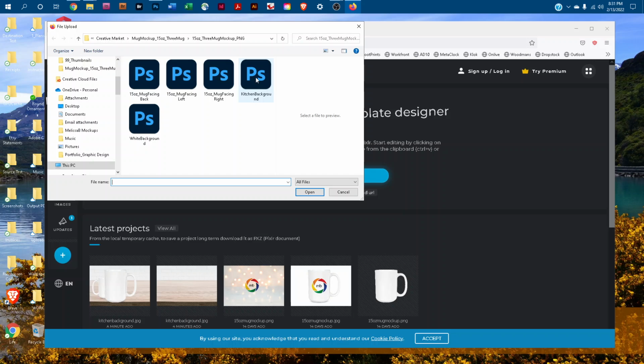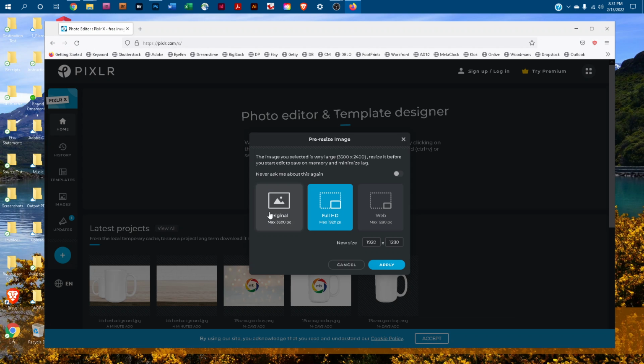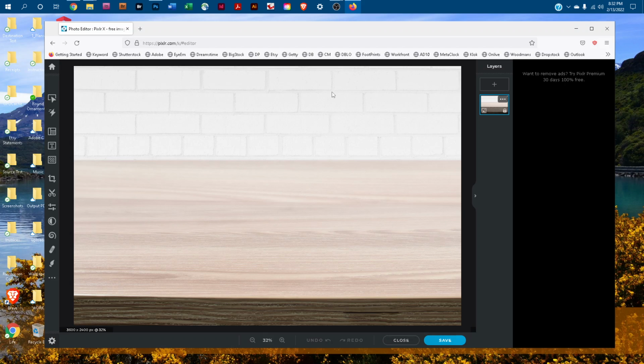And I'm going to open one of the background images first. It'll ask us if we want to size it down, and we don't really want to do that, so just click Original and then click Apply to open the original size mockup. And once that opens, just click the icon that says Add Element Image when you hover over it, and then